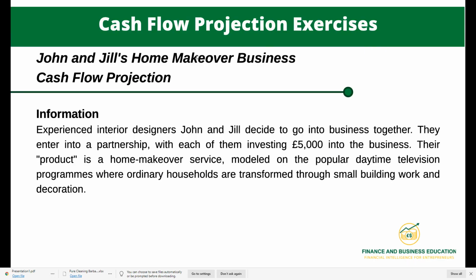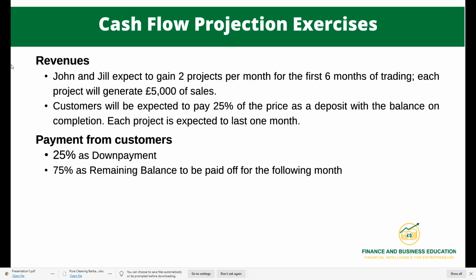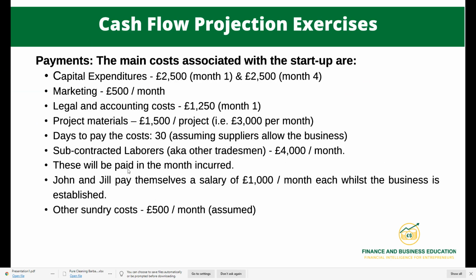Of course, this is John and Jill's Homemaker Business. You're going to do this exercise. I got some information for you here. They are experienced interior designers and effectively they're in partnership. Each invests 5,000 in the business and all that kind of stuff. It gives you some transactions, some revenues, some payments, and all the different payments over